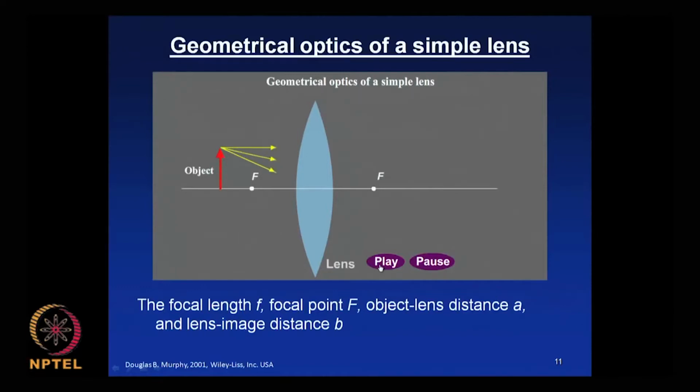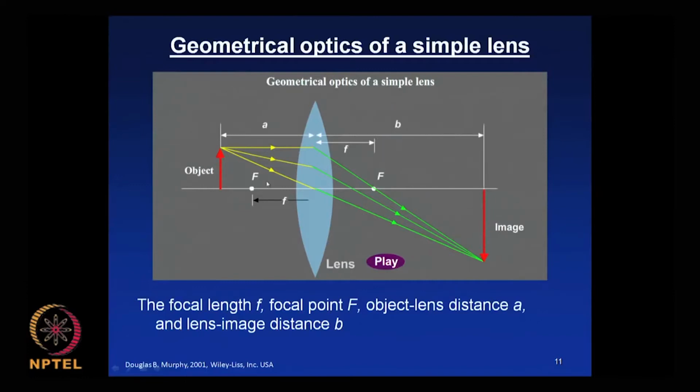You have the glass lens, and this is an object which you have here, red in color, and then the light is passing through the lens, and then it gets focused on the other end where the image is formed,